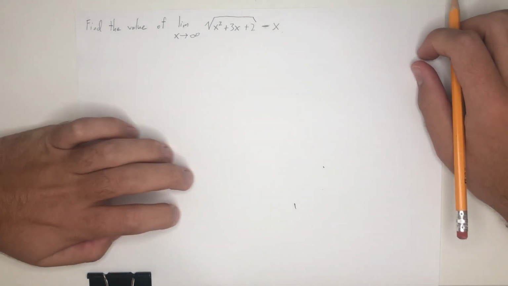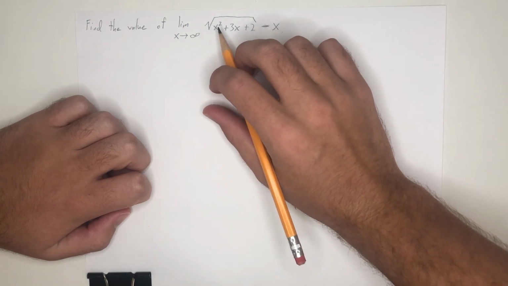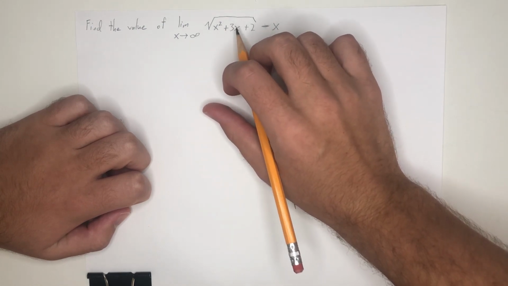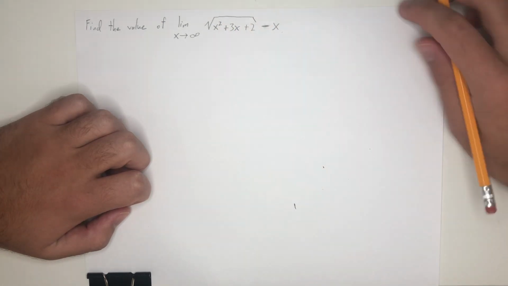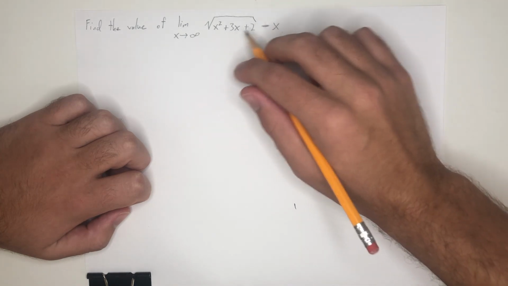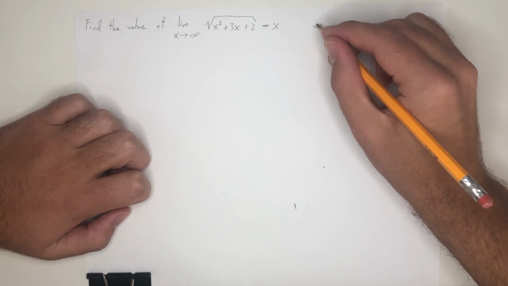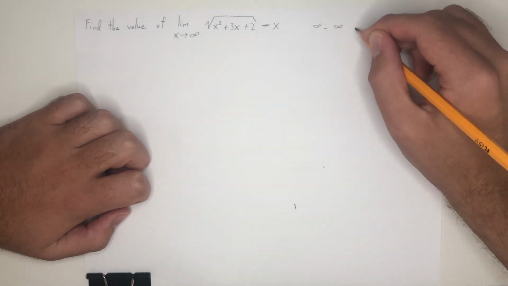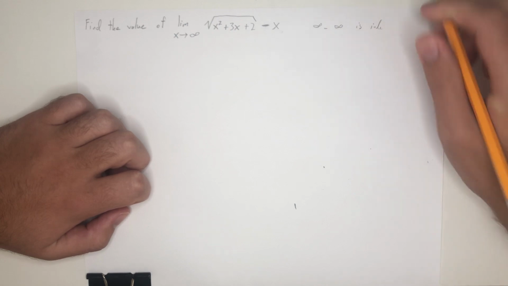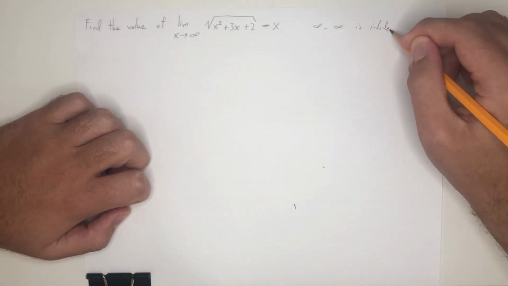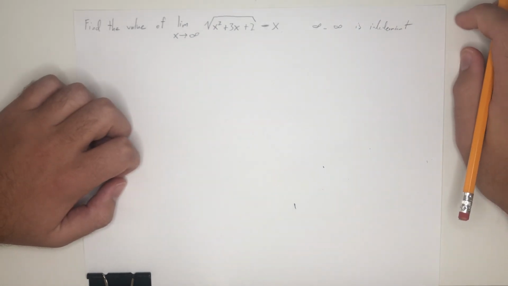So if we assessed it immediately, we would see that we would have the square root of infinity squared plus 3 times infinity plus 2, and this would just be the square root of infinity, which is just infinity, minus infinity, and we know that infinity minus infinity is indeterminate. So we're going to have to